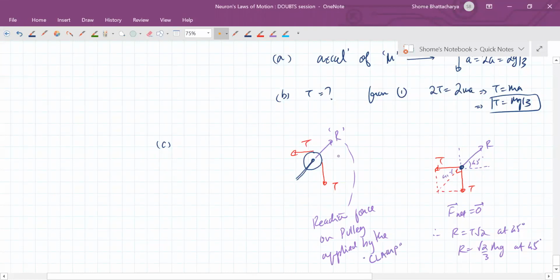Okay. Remember the pulley is massless, so there is no weight factor, otherwise there'd be mg of the pulley also. And the other thing you have to understand is that the lower part of the string was connected here, it's not connected to the pulley, so it does not apply tension. It's only the upper part of the string and the vertical part of the string, these two apply tension.